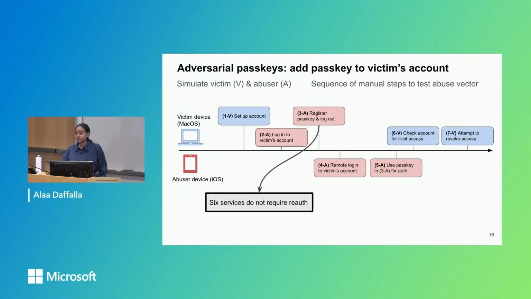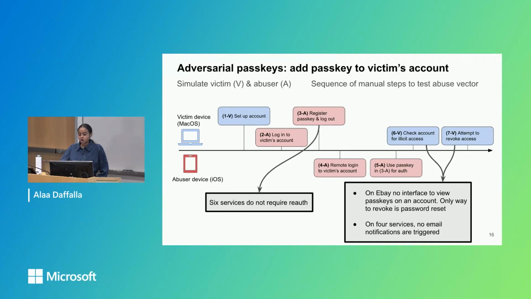And re-authentication is basically an additional authentication challenge prior to adding any new passkey to the account. So it could be a one-time password or even authenticating via an existing passkey on the account. In 6V and 7V, when the victim checks the account for illicit access and attempts to revoke that access, we